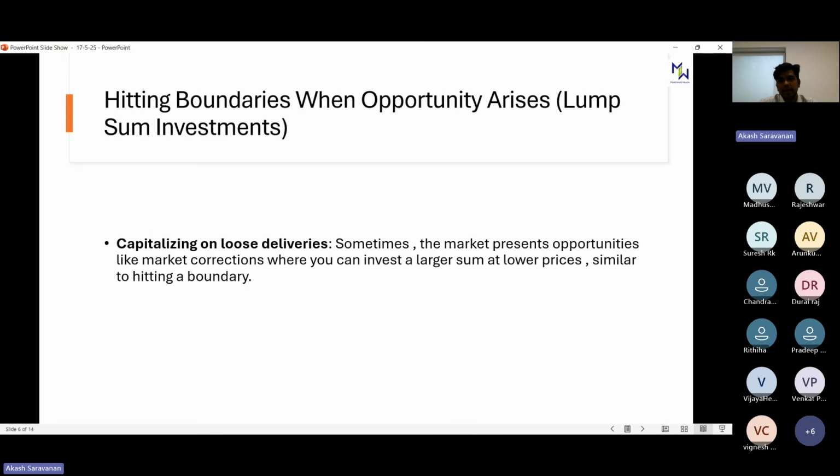And that is why in Milestones to Wealth also, we generally advise you to do both. Whatever you're comfortably able to save, you can do that as an SIP. And there will be some correction days in some months, and at those times we'll also give you a communication to do a lump sum. At that point of time you can do a lump sum. So a combination of both SIP and lump sum is the best.